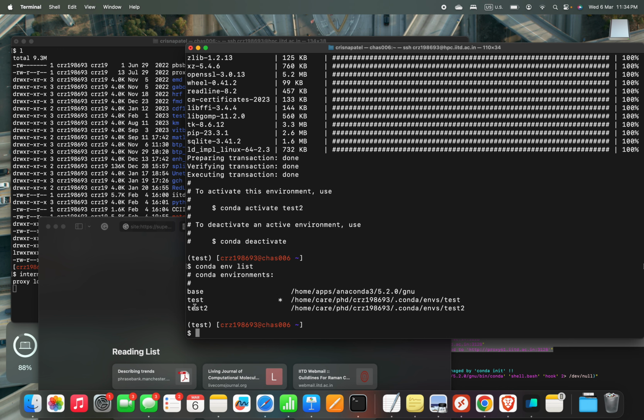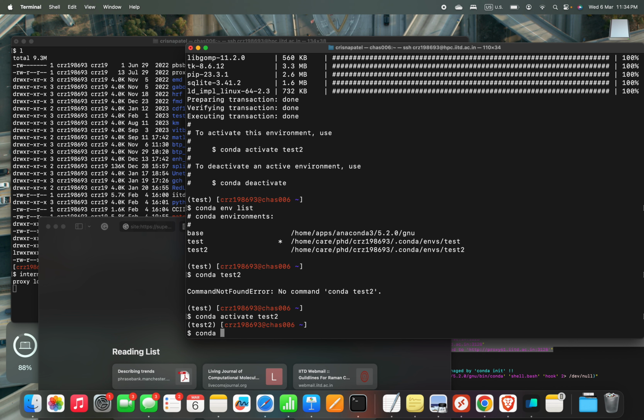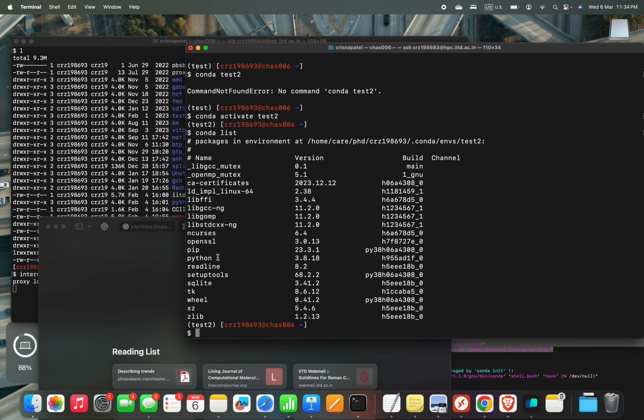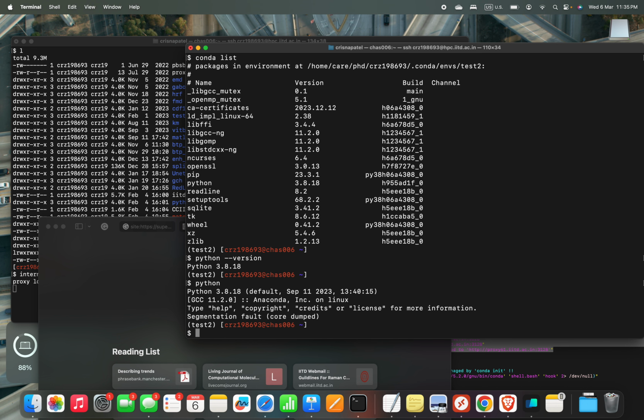I can do conda env list to show you. I have another environment called test2. Conda activate test2, and now you can see that the test2 environment is active. So now we can see what is in our environment. You can see that these are the things that are there in my environment. And now if I check the Python version, it is 3.8. All right, if I say python,